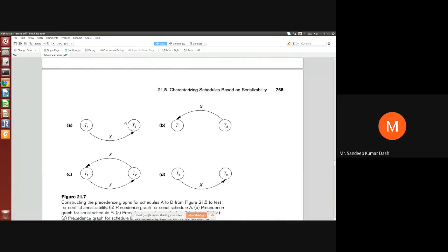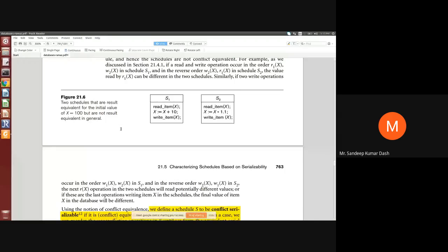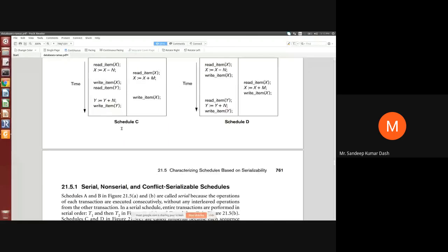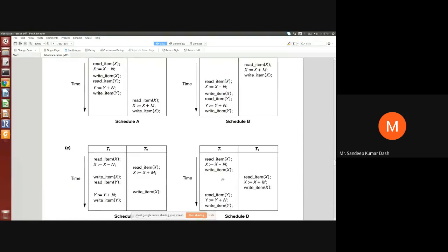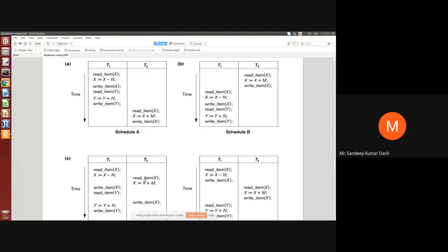Wait. Yeah, this one. These two are serial and these two are interleaved. So this became conflict serializable. This did not become conflict serializable. So you are trying to convert this into a serial schedule. So this ultimately got converted. That is, this is a serializable schedule which is acceptable. In the same way, two schedules will be said to be view serializable if they follow certain conditions. The first condition is that the two schedules should have the same number of transactions, like this.